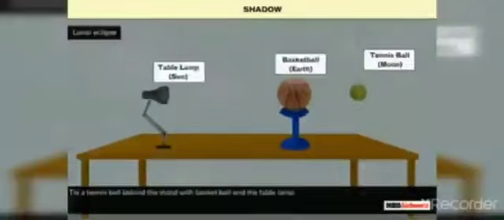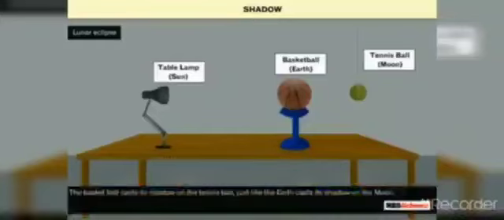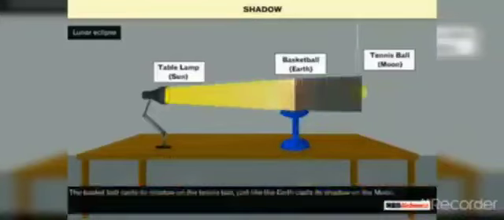Take a powerful lamp and place it on a table. Take a basketball and place it on a stand as shown on the screen. Tie a tennis ball behind the stand with the basketball and the table lamp. The table lamp represents the sun, the basketball represents the earth, and the tennis ball represents the moon. Light the lamp. You will observe that the basketball casts its shadow on the tennis ball, just like the earth casts